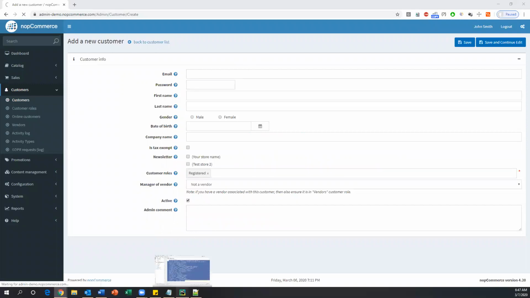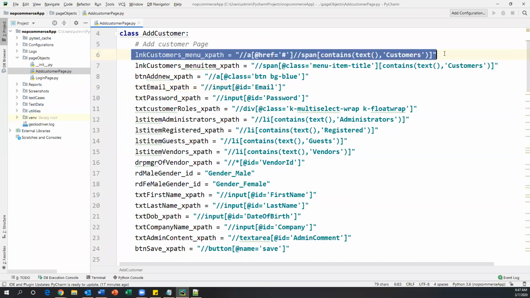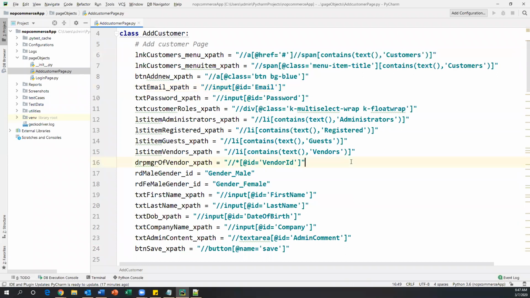If you go and see your page object class, this is my first customers link. Most of the time I used XPath itself, and sometimes I used ID also, but most of the time I use XPath. When you give names to the variables, you need to follow certain naming conventions.